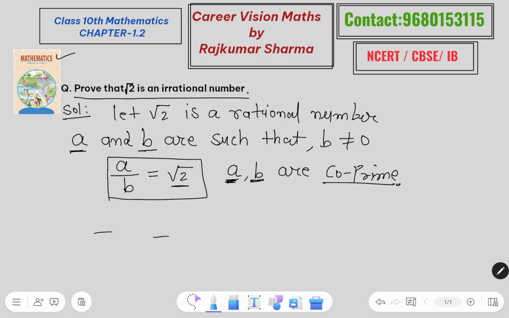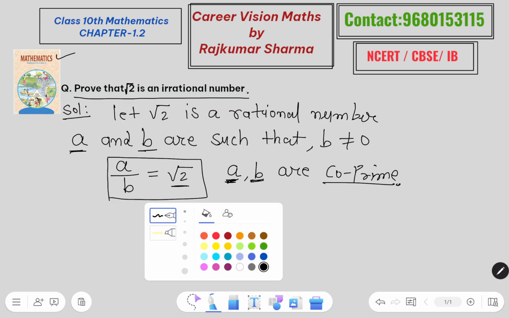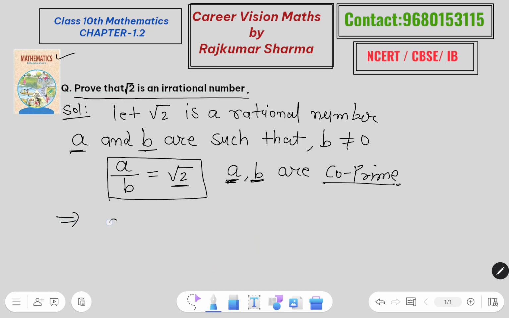Okay, so in the square root we have trouble solving the questions. So now I am squaring these numbers. So a square upon b square is 2, because we know the table and multiples of 2 easily. So we are squaring equation number 1, the first relation. We have a upon b. So the question is, why am I squaring the number? Because for root 2, we don't know the multiples of root 2, and root 2 का table भी हमें नहीं पता. So I am squaring the number.